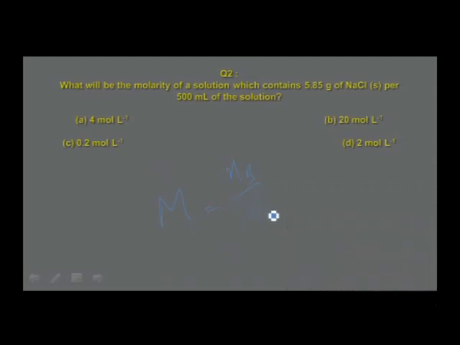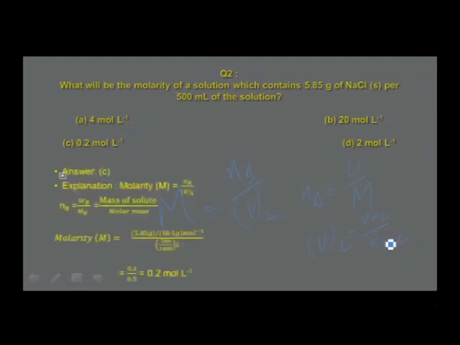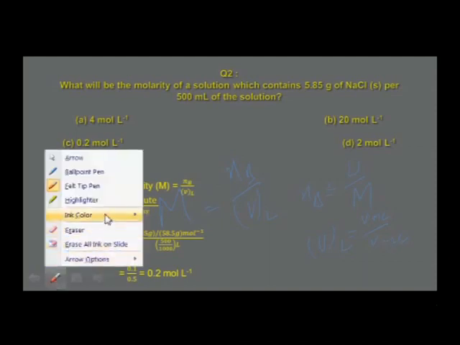What is nB? The number of moles of the solute. nB is calculated by the formula W by M, where W is the mass of the solute divided by the molar mass. Volume in liter is equal to volume in ml divided by 1000. So therefore, you now find the answer I have calculated. It is given like this: